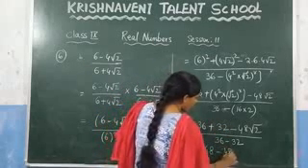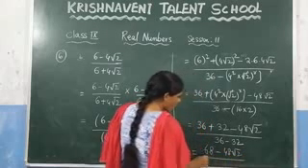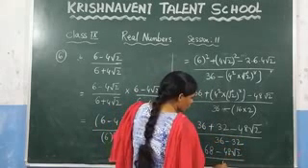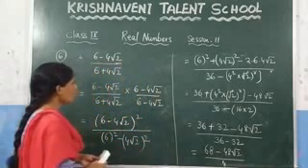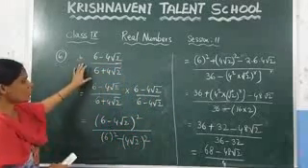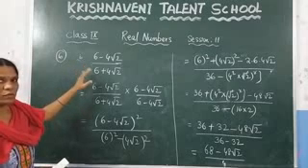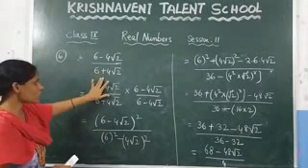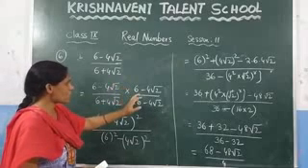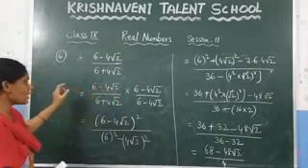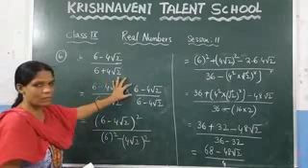68 minus 48 root 2 by 36 minus 32. What is the value of that one? Which is 4. Here what we have done: they have given this one. They said in the question that you have to rationalize the denominator. Since plus is there, we have rationalized with minus, and after that here it is in the form of a minus b into a minus b.